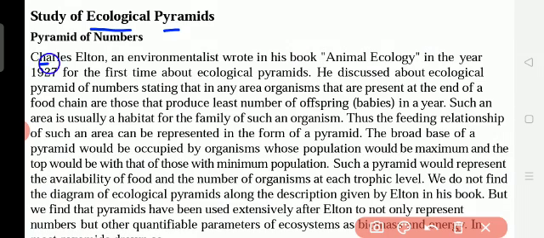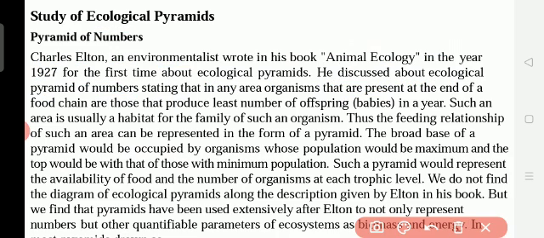Who first told it? Charles Elton, an environmentalist. Environmentalist means one who is doing good for the environment. He wrote in his book Animal Ecology. Underline this point. In the year 1927, for the first time, he discussed the ecological pyramid of numbers, stating that